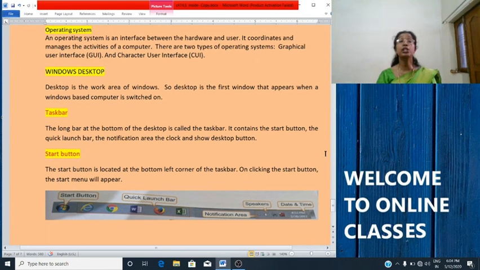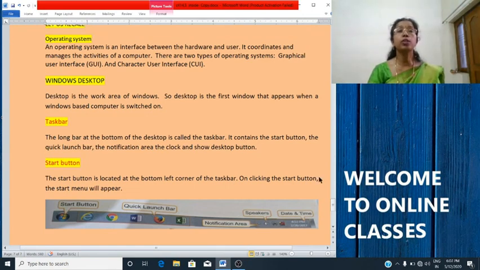It contains the start button, the quick launch bar, the notification area, clock and the show desktop icons. Start button. The start button is located at the bottom left corner of the taskbar. On clicking the start button, the start menu will appear through which we can open any programs.